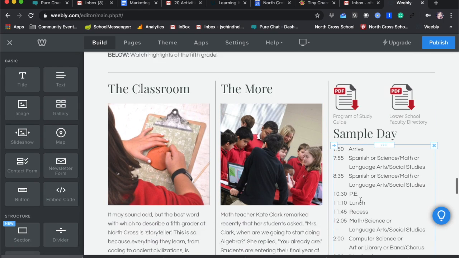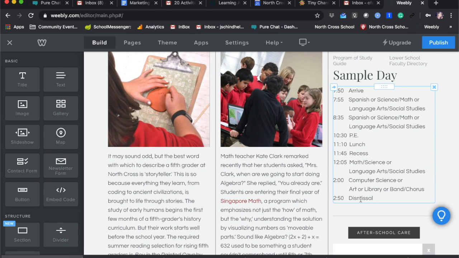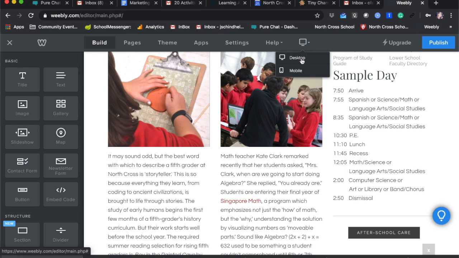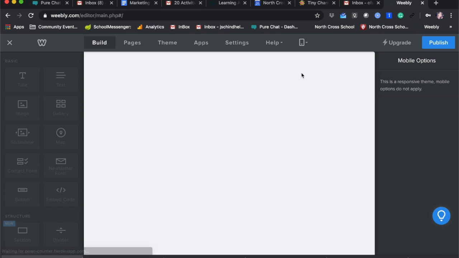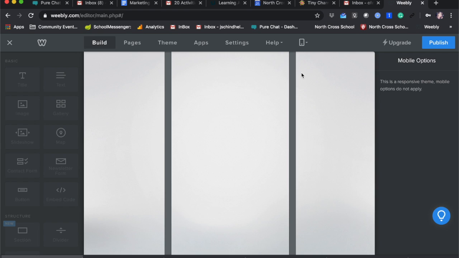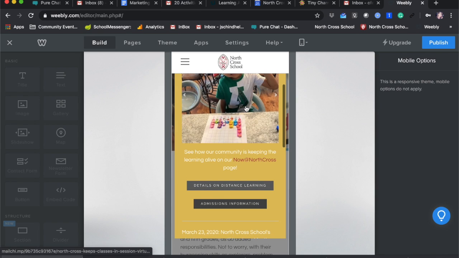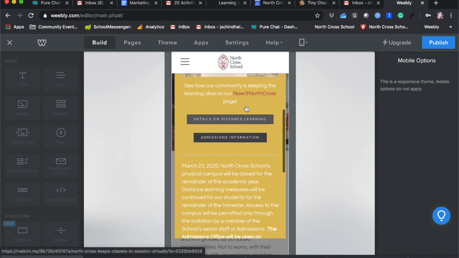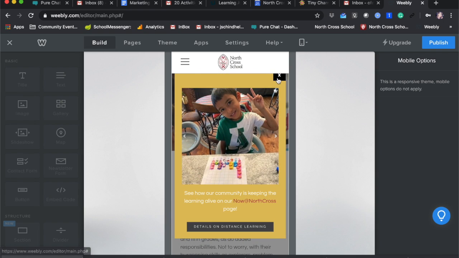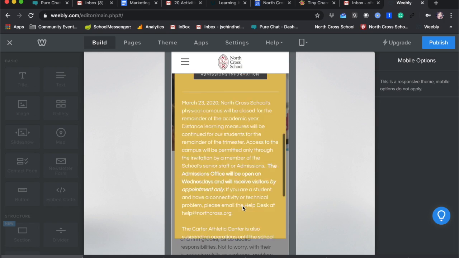Whenever you're in doubt of how that's going to look, you can go up to this area here, click the desktop or mobile view, and if I hit mobile, it'll show me what the site looks like on a mobile page. So there's the pop-up that you would normally see, and then if I were to scroll down into the page,